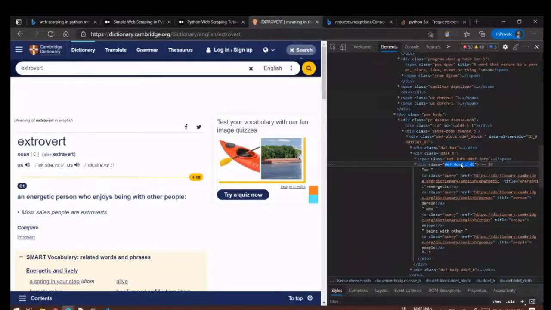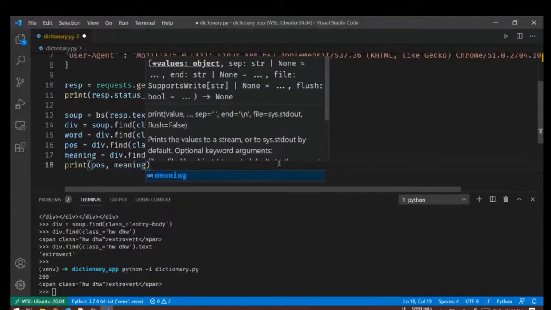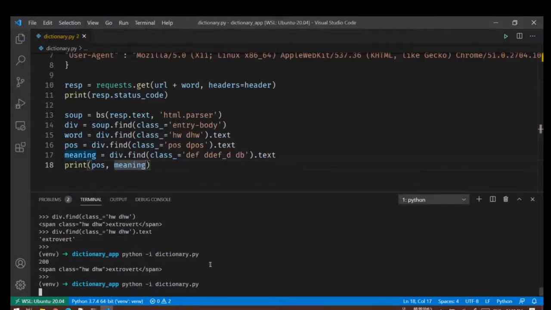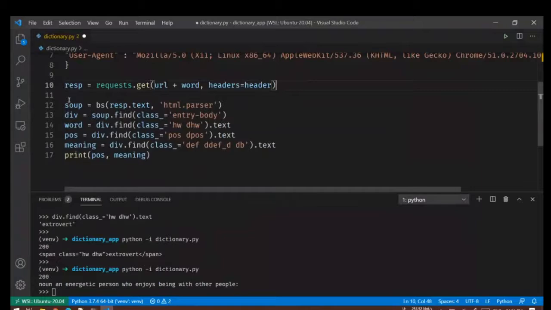So I'll copy this thing and paste it here, and this will become my meaning. Okay, so we are printing the status code. I no longer need it. I'll remove it, and then okay.